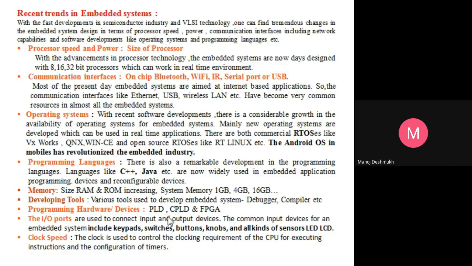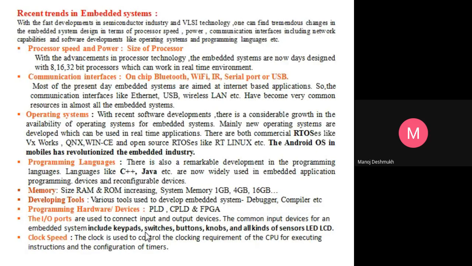Then some IO ports. As you know, the basic IO devices like switches, keyboards, buttons, buzzers, then LEDs, LCDs, graphical displays, and some driving circuits related to input and output, and some data converters like ADC, DAC.